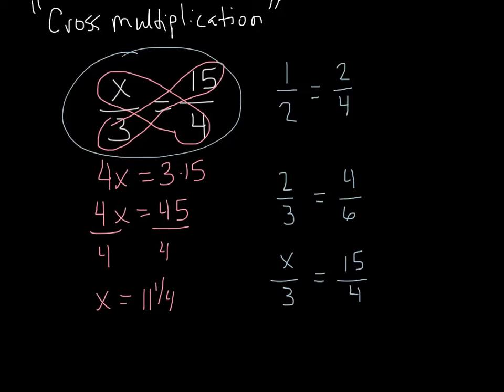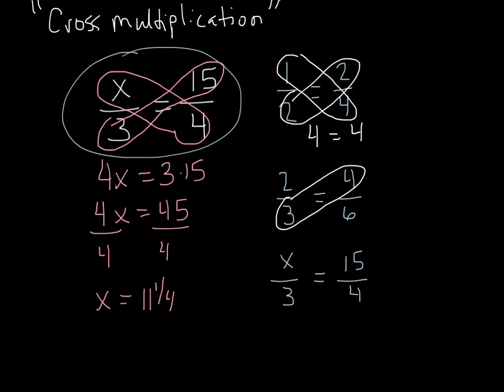Remember, one of my favorite strategies when I'm trying to figure something out is to do a similar problem with easier numbers. So what's 1 times 4? Well, that's 4. And what's 2 times 2? Well, that's 4 as well. Take a look at this pattern. What's 3 times 4? Well, that's 12. And 2 times 6 is 12. So this pattern emerges,